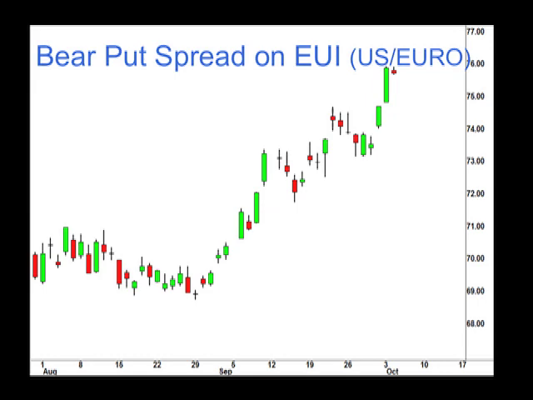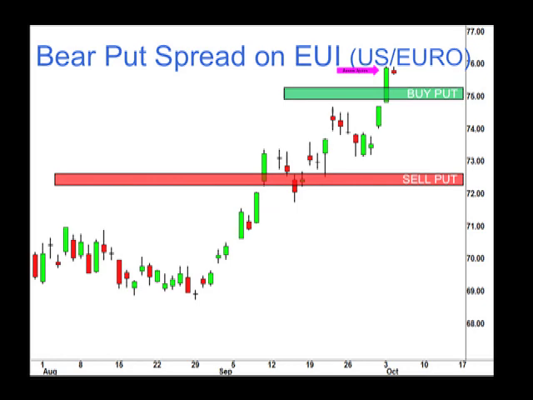So in this case, yesterday I was looking at the U.S. Euro, and the expectation was that perhaps we've seen a very significant rally over the last couple of months, and we're thinking that maybe we're going to give a little bit back within the next couple of months. In other words, we want to capitalize on a drop after we've hit a fairly significant resistance level, and after a fairly significant move. We want to capitalize on a drop in the EUI, but we understand that, once again, option contracts